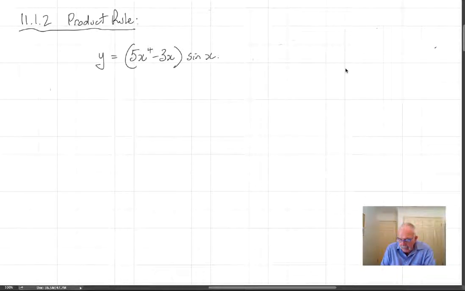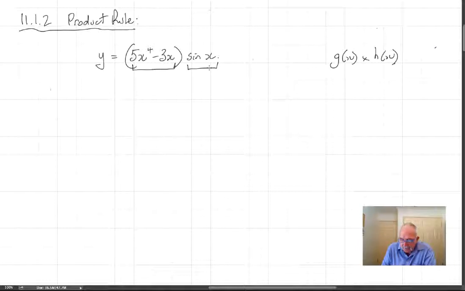So once again, here is another scenario where we can't just apply our table of derivatives and come up with the answer. It's a common occurrence in mathematics where you've got two functions multiplied together. So if you like, we've got g of x times h of x. Here g of x would be